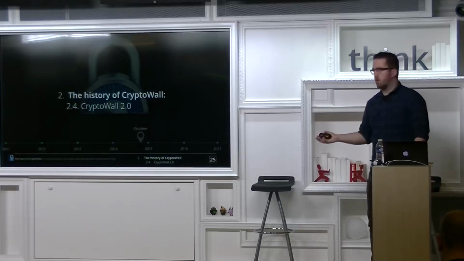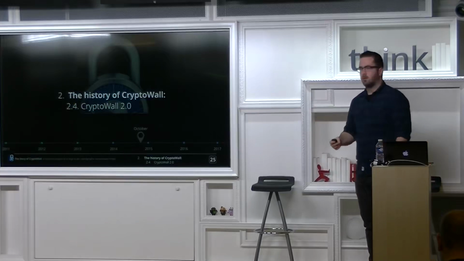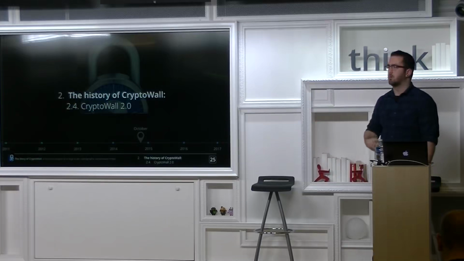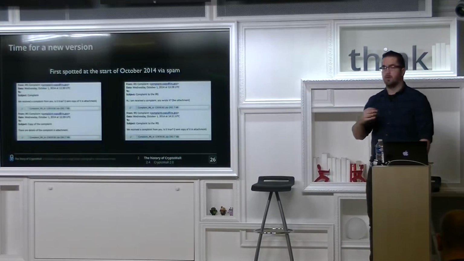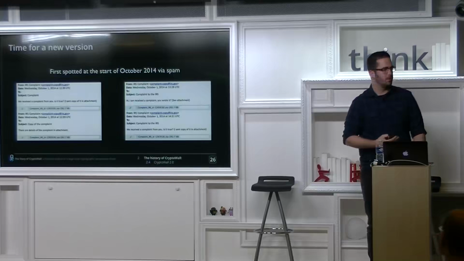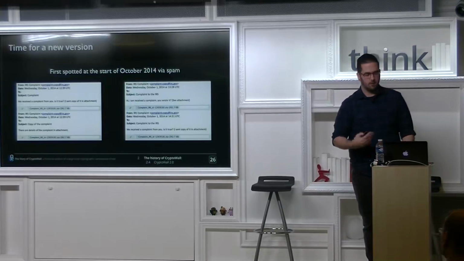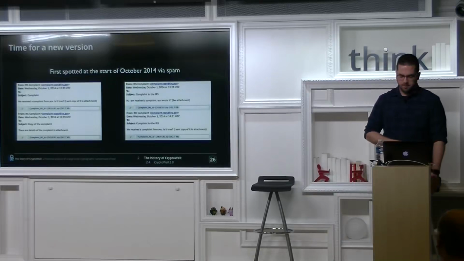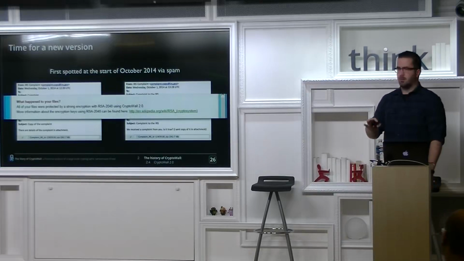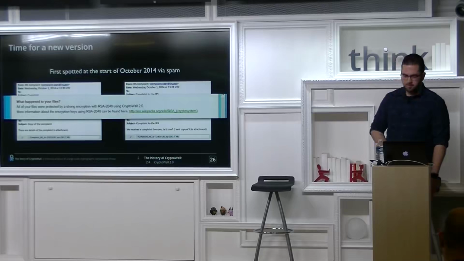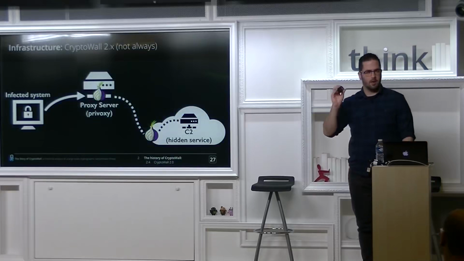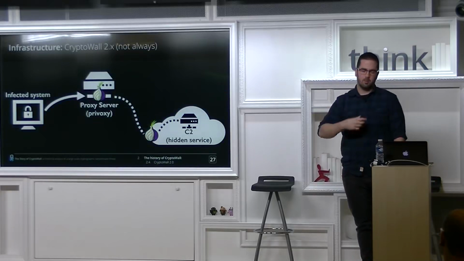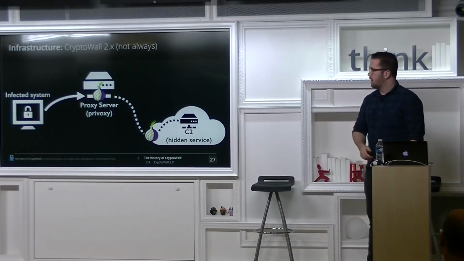So moving on, in October 2014 they popped up again with a new version, Cryptowall 2.0. It was first spotted in emails from the IRS, just a file attachment, the usual stuff, a fake document, it's not a document. There was a slight update on the actual ransom notes. They added a 2.0 behind it, just to identify, hey, it's a new version. They also did some stuff with the infrastructure. So this was what we had on the clone version. This is what we had on Crypto Defense.